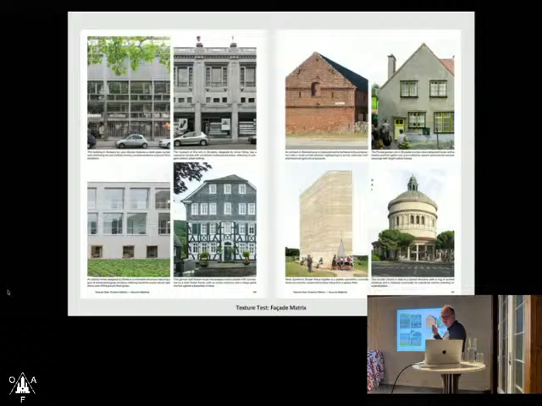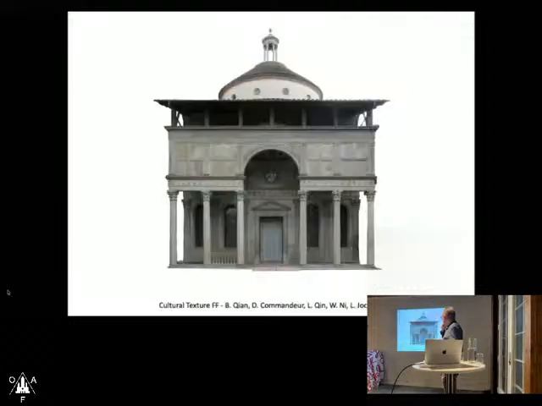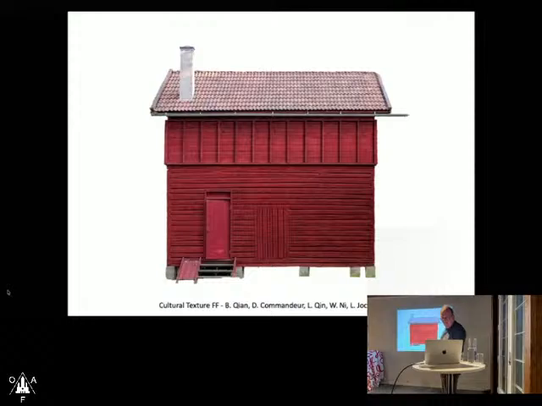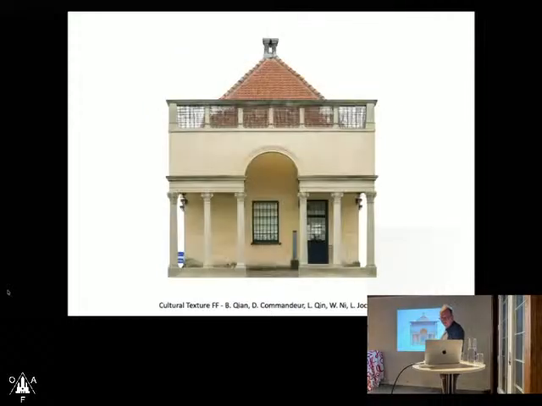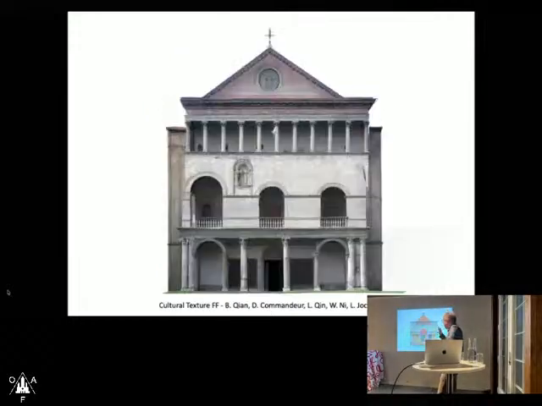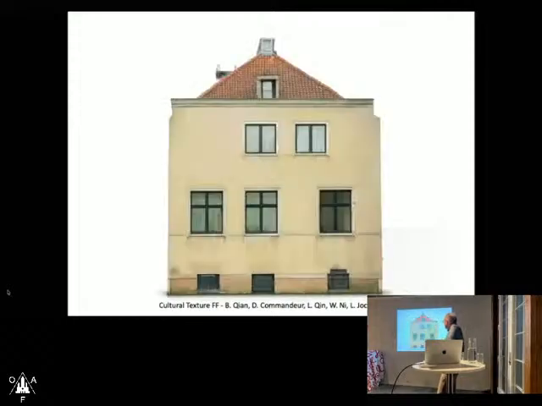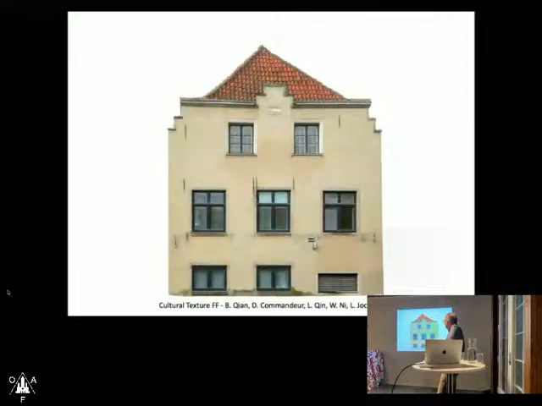So we often start with a collection of photographs, which I took on my travels, and then again we combine them, and then here you can see it's in between buildings, between these three facades that we just saw.